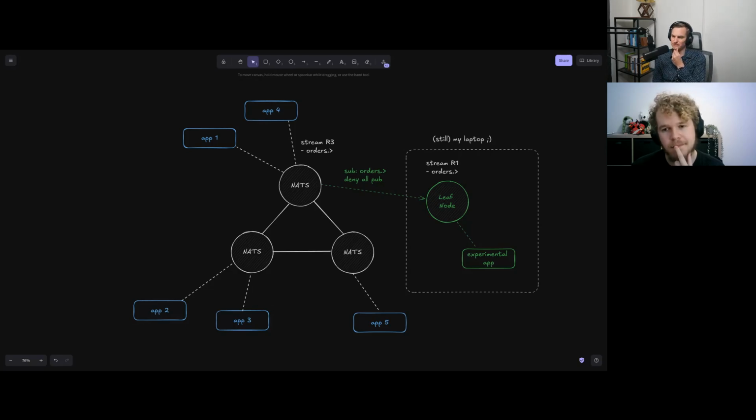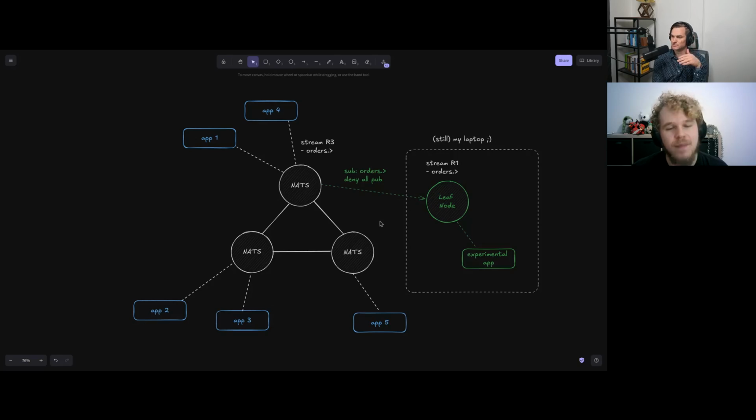Now, one curiosity I have is setting up this one-way connection. Is this going to impact performance in the cluster very much, or is that anything that you would really need to worry about with the production apps? Yeah, so it's definitely something first to try out. What we did was first we tried stream sourcing or mirroring. And mirroring in this setup would not work, because if your app wants to publish messages into the stream, that's not going to work because that's not a mirror anymore. So it would need to be a source. And I tried it out like 2 years ago, so maybe the performance is better, and also maybe it's a combination of just the sheer amount of data we tried to push through it.